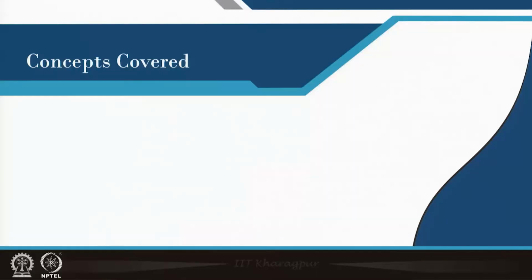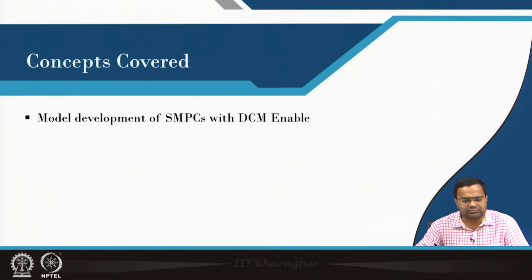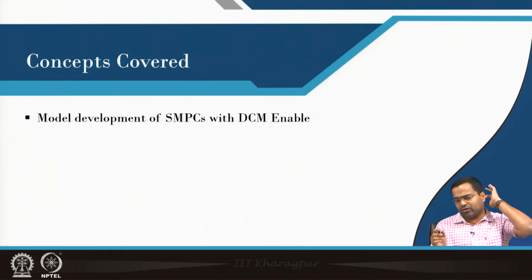In this course we want to go deeper into the Simulink model and build a conventional buck and boost converter and simulate them. We also want to show that instead of running through simulation, we can run the Simulink model from a .m file and create different test cases, some design oriented test cases. The simulation can be made faster by running through the .m file rather than going to the Simulink file. The topics covered are model development of switch mode power converter.